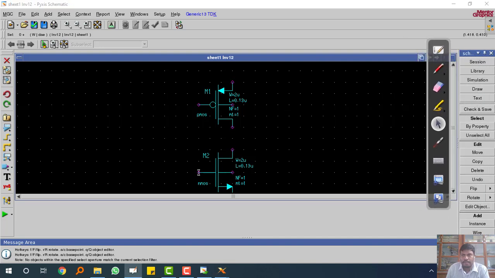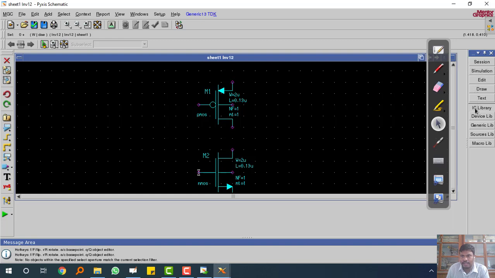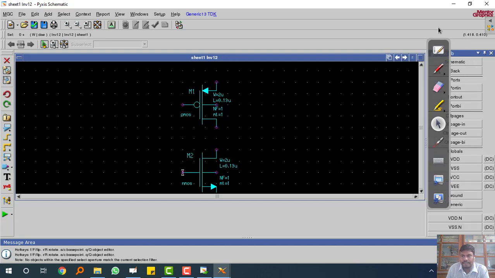Now from here we are having library. From the left side, the right side palette box. This is the palette box. Library, you click. Here we are having IC library, device library, generic library, source library and macro library. Now first of all we will be taking generic library.